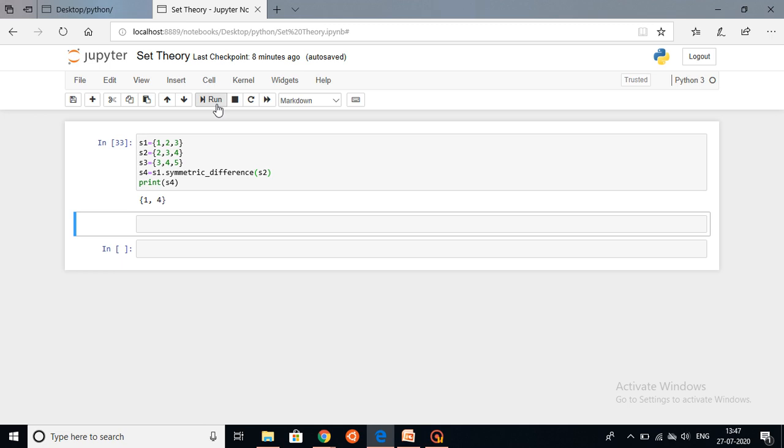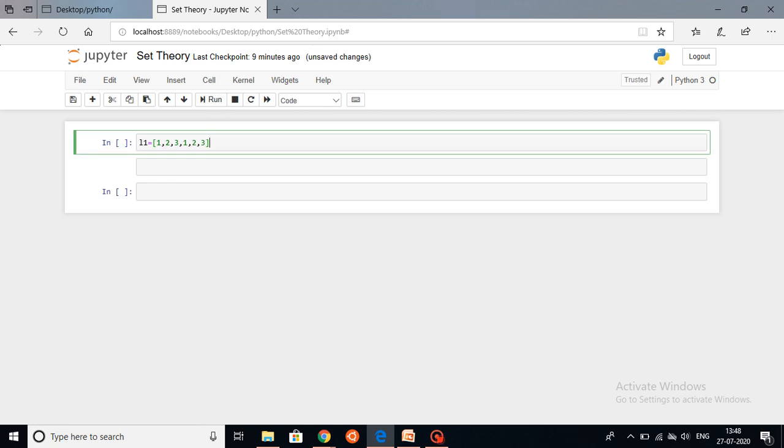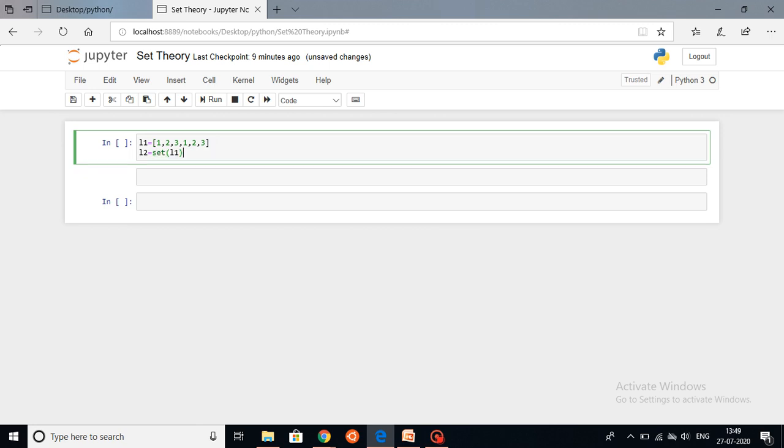Now let's see some practical examples where we use sets or some of these techniques. The major application of set theory is removal of duplicate elements. Let's create a list L1, and let's now create a list L2 which is equal to L1 but with the duplicate values removed. First of all, we will write L2 equals set(L1). This will cast our list to a set and then remove the duplicates. But we are still left with a set. We can simply cast this set to a list again by writing L2 equals list(set(L1)). We can see the output is L1 but with the duplicate elements removed.